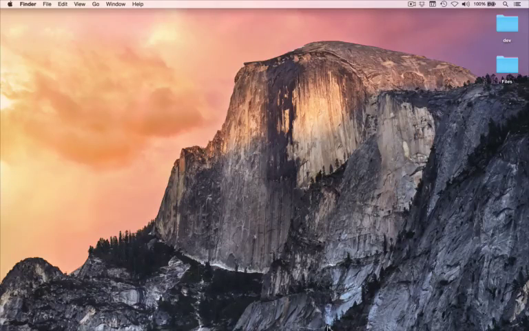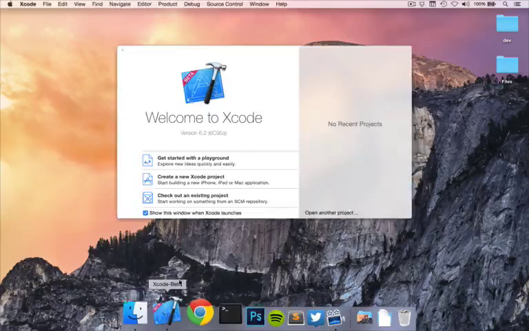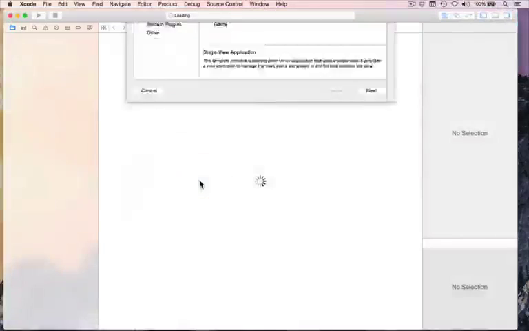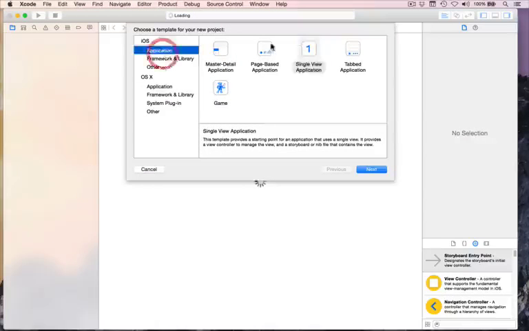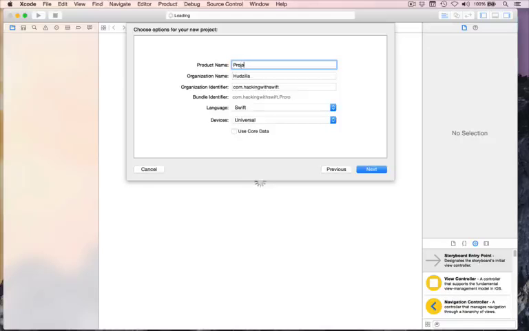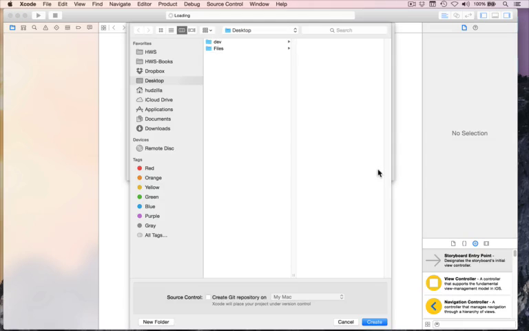Okay, let's get coding. Go ahead and launch Xcode. Then choose Create a new Xcode project. Choose iOS Application Single View Application and press Next. Name it Project 4. For language, Swift. For devices, I don't mind what you choose. iPad, iPhone, Universal, it's all the same to me. Just make sure Core Data is not selected at all, ever in this entire series. Now press Next. Save it somewhere useful, like your desktop,